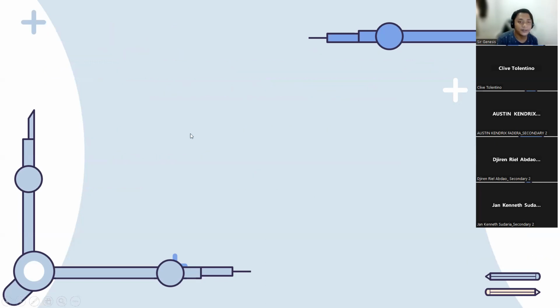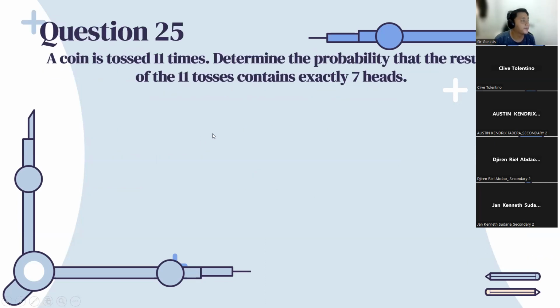Okay, so let's proceed to 25. A coin is tossed 11 times. So determine the probability that the results of the 11 tosses contain exactly 7 heads. Okay, so what you can use here is binomial distribution. So the formula for this one will just be,